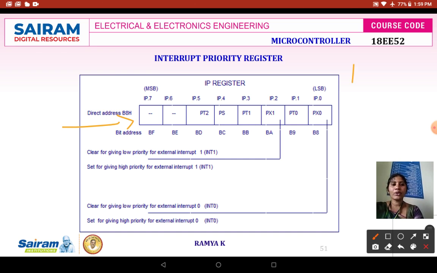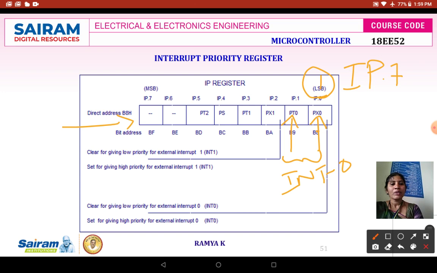The interrupt priority register is represented with IP.7, IP.6, down to IP.0. PX0 is set for giving higher priority to your external interrupt 0, and it will be cleared for giving the lowest priority. These two bits stand for interrupt 0. If you want to give highest priority, IP.0 will be set to 1.